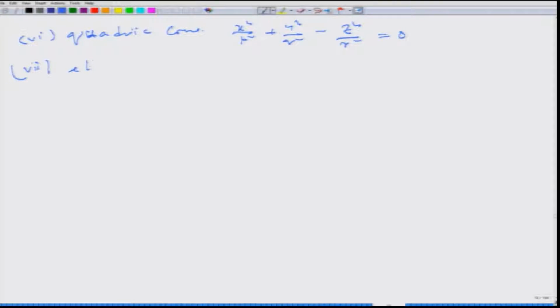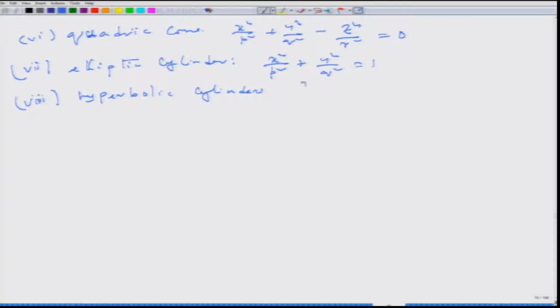Elliptic cylinder, hyperbolic cylinder, parabolic cylinder,